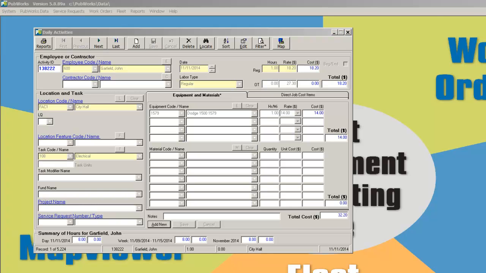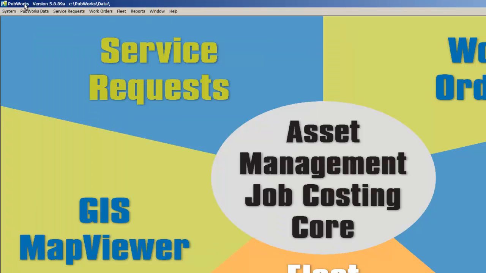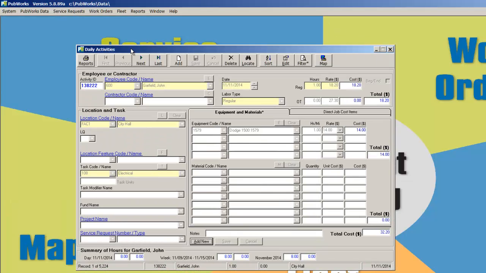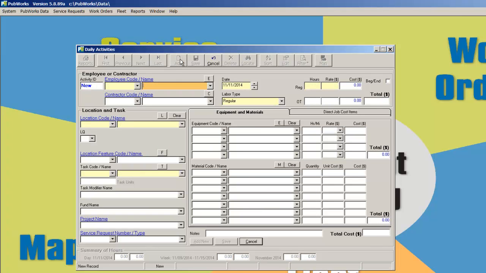Now I'd like to show you how a daily activity and a service request can be linked. But I'd like to start with a new record with no information in the system. So I'm going to close out of daily activities and now open it back up, so it's lost the information about John Garfield. I'm going to go to add, and notice everything is blank here. And so the first thing I'm going to do is go down to service request. I know that the service request that this is in reference to is 1712,